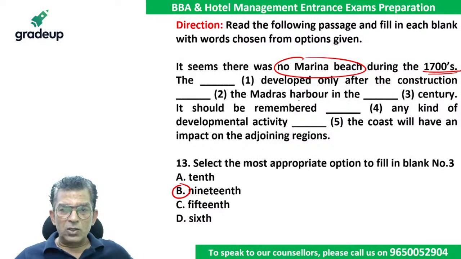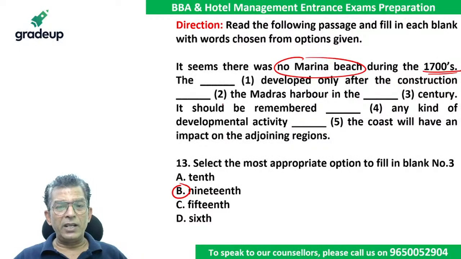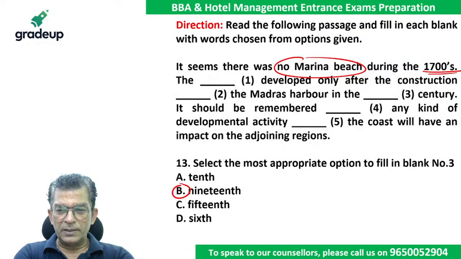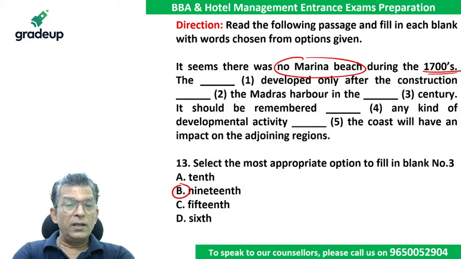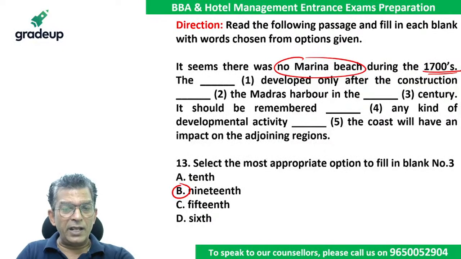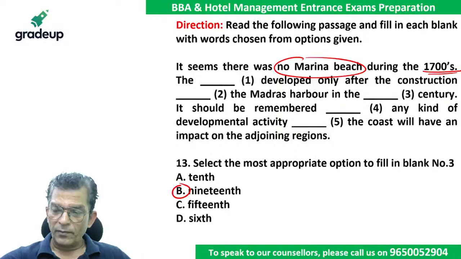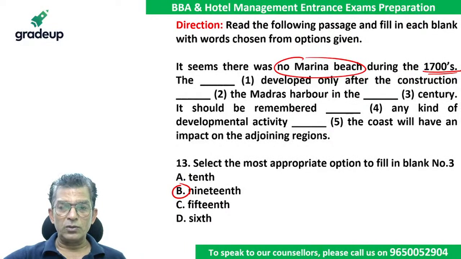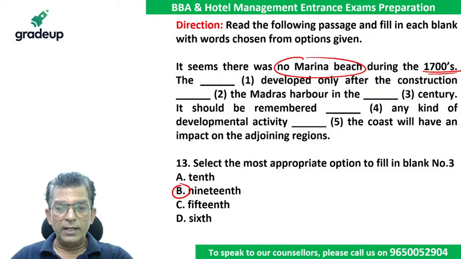ठीक है। अच्छा, सो इन द 19th सेंचुरी it should be remembered dash any kind of developmental activity dash the coast will have an impact on the adjoining areas. Okay, which one do you think? इसमें बताना बेटा, very nice। अगले वाले का गेस करना, in the 19th century। नेक्स्ट वाला गेस करना, it should be remembered dash any kind of developmental activity। क्या होना चाहिए बताना उसमें, इस वाले में क्या होना चाहिए जरा से सोचो, that होना चाहिए, very good। इसमें क्या होगा, दैट होना चाहिए,